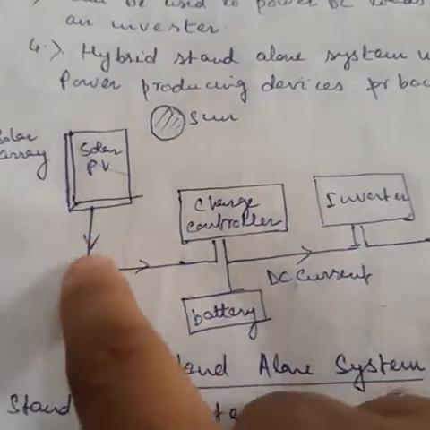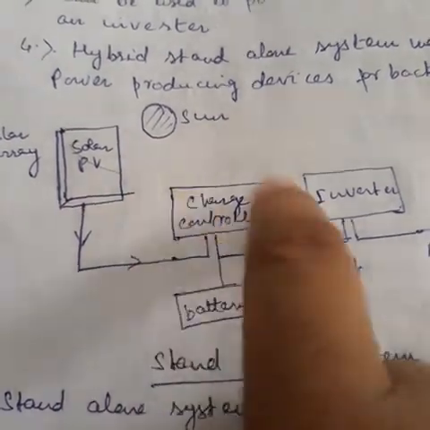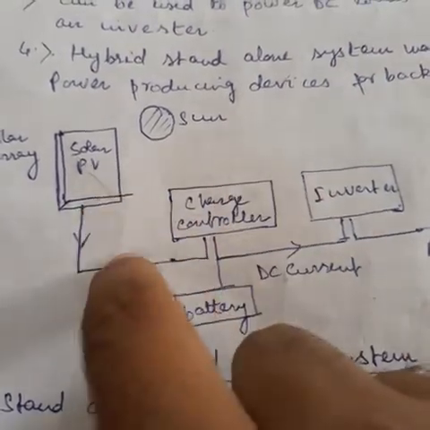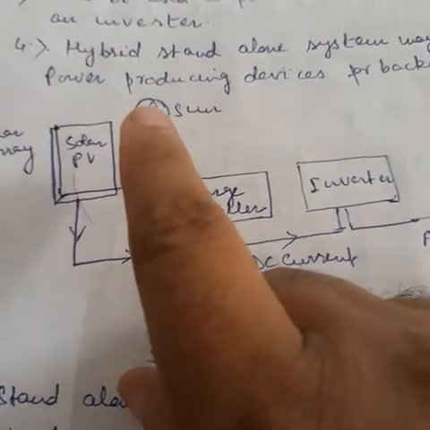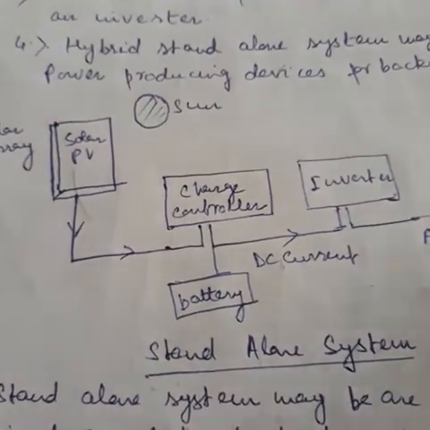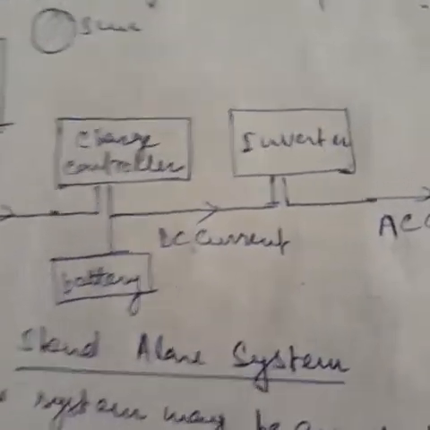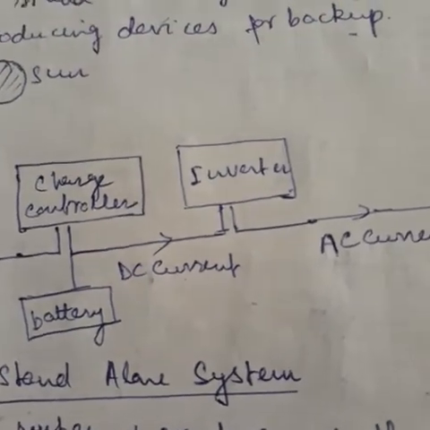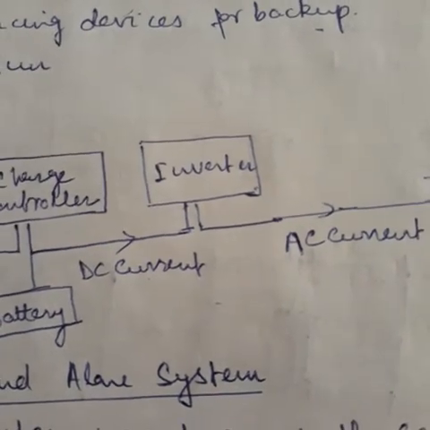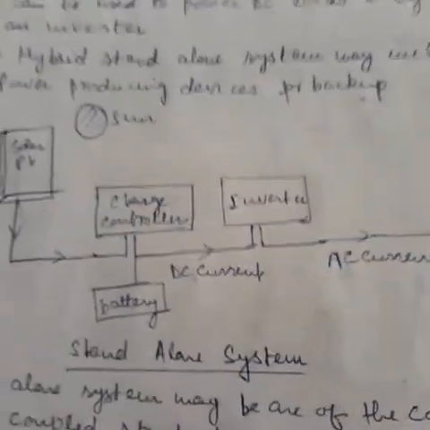The sun rays come from the solar photovoltaic and then pass to the charge controller. Charge controller means the function of the photovoltaic, that it charges the electrons. When the electrons come from the photovoltaic surface, they are highly charged, and this charge controller causes the velocity of the electrons to be converted into the form of DC current. This DC current is converted into AC current with the help of an inverter, and that AC current is to be supplied to the AC load.